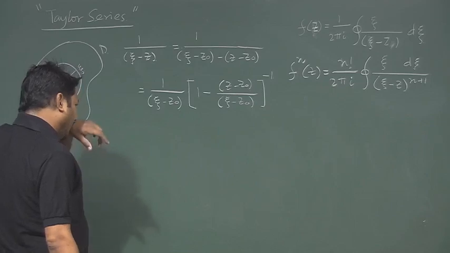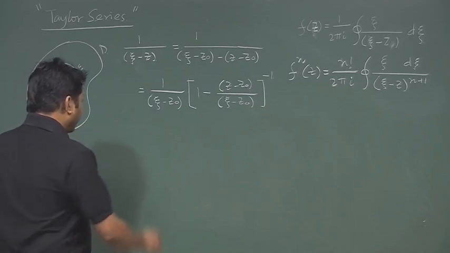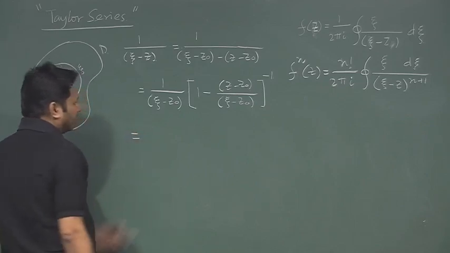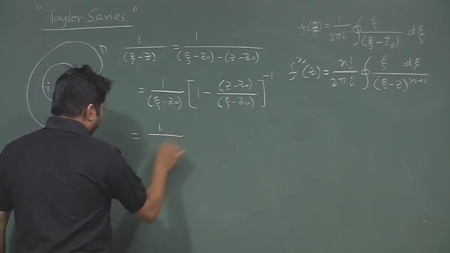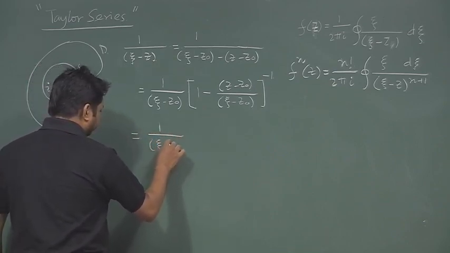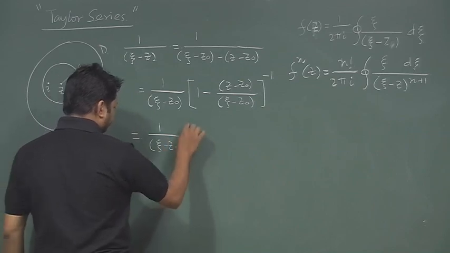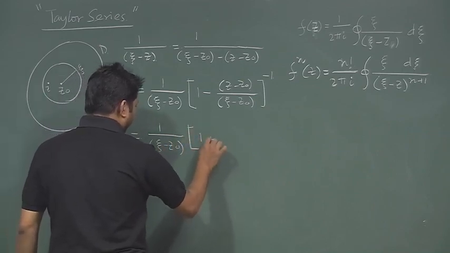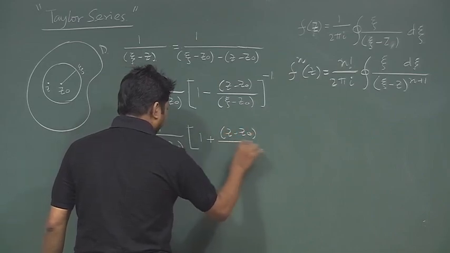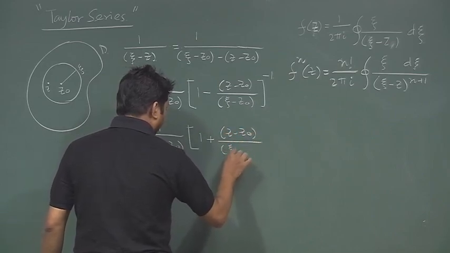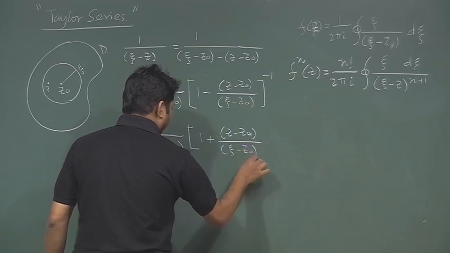Now, if we expand this quantity, it will be something like 1 plus z minus z0 divided by xi minus z0, plus its square,